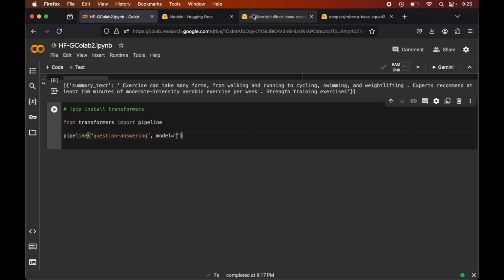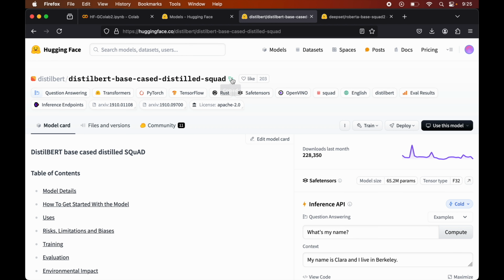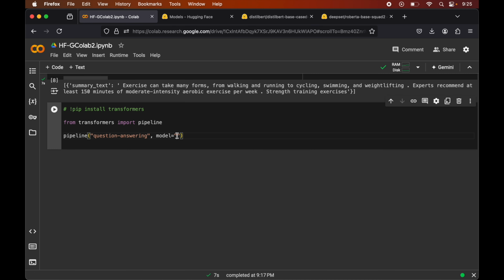So let's copy the model identifier from here and paste it here. Now as the third parameter we will pass the device. We will pass device equals 0. Because of this parameter it will prefer the GPU if it is available, and if we want to use the CPU then we will pass -1.